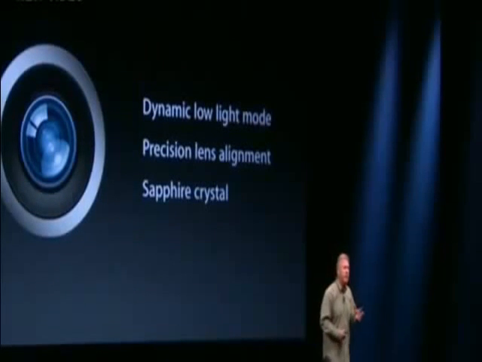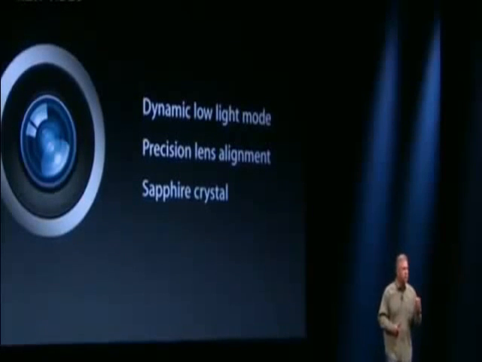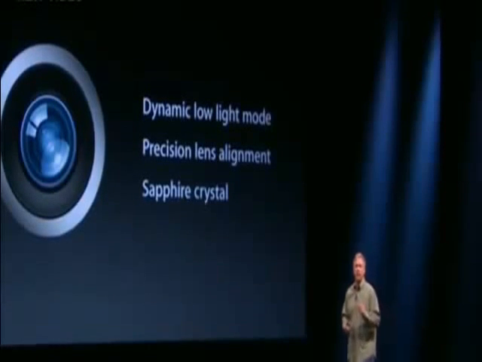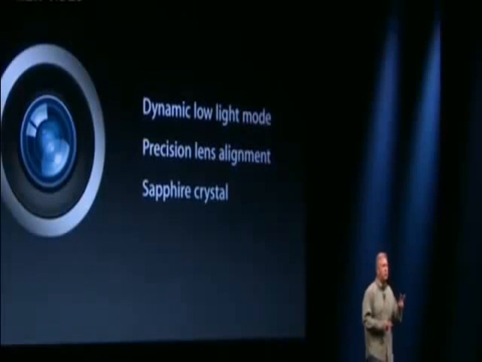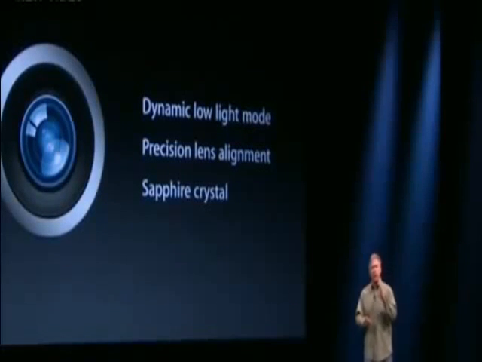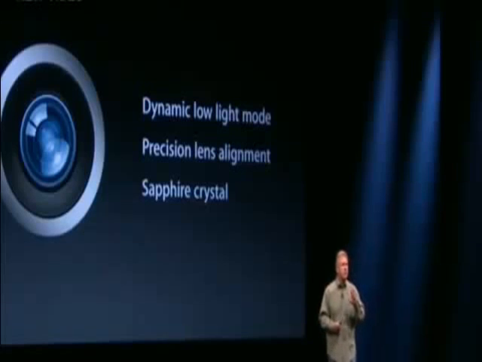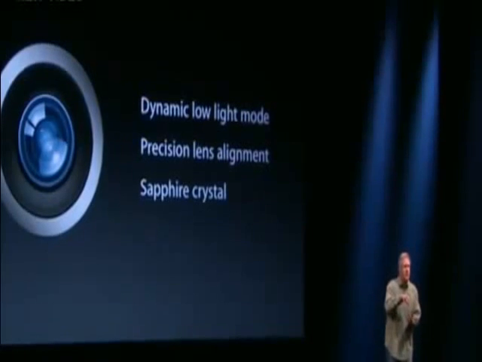A few of the examples of what it has now. There's a new dynamic low light mode. So when you're in low light situations, the ISP senses that and is able to combine multiple pixels together to give you up to 2 f-stops greater performance in those scenarios. And you really see the difference in your low light pictures. And this optical system has been amazing with this 5-element lens. One of the best ways to get a better, sharper image through an optical system is more advanced alignment of the